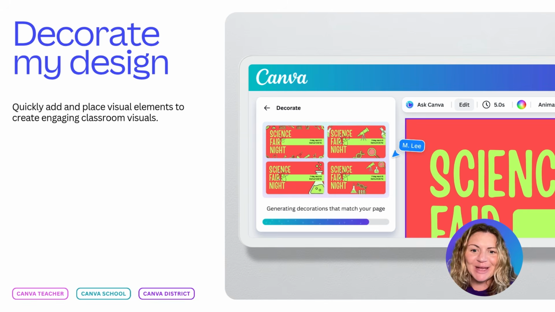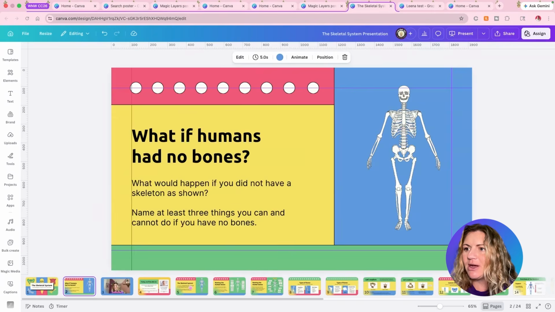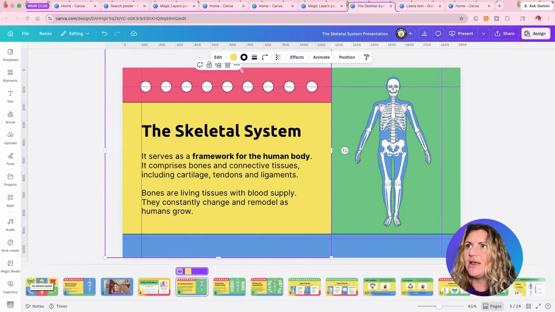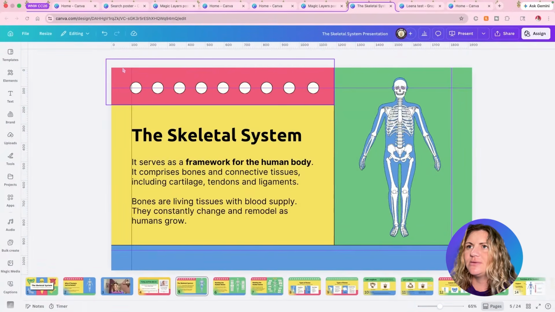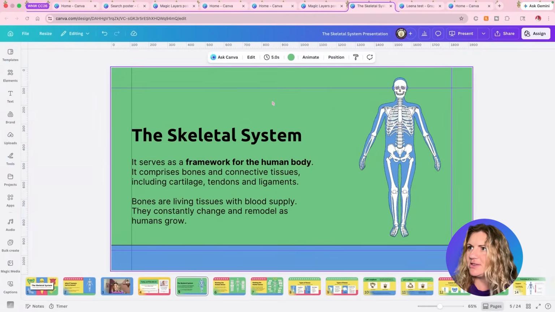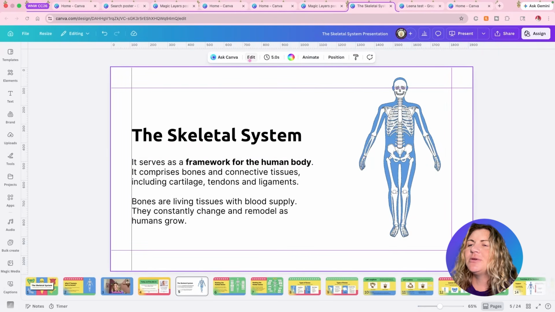Now, Decorate My Design. This is a really fun one, something that could be relatively useful. So this presentation that I'm in is about the human body. So let's come here to our design and then we'll click edit. Oops, sorry. These are shapes. So I'm going to get rid of everything that's not a shape here on this page. Okay. So now I'm going to click edit